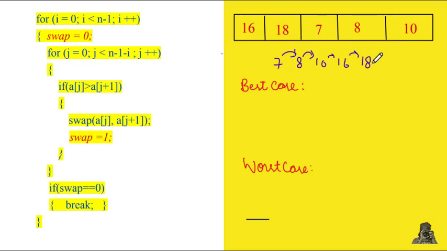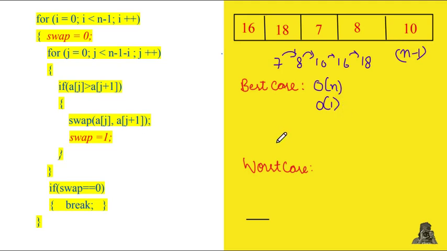So as you can see, 4 comparisons have been done with the array of 5 elements, which means we have done n-1 comparisons and no swapping has been done. So in that case, the complexity is represented using big O notation. So onto that we have to use the upper bound. So here we can write it as order of n only. So for best case, the complexity for bubble sort is order of n only because no swapping is done. So for swapping you can write order of 1 only.